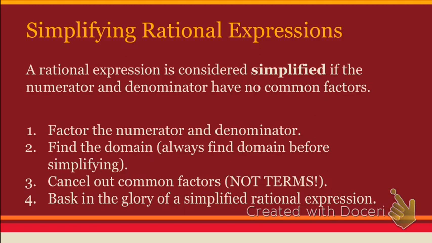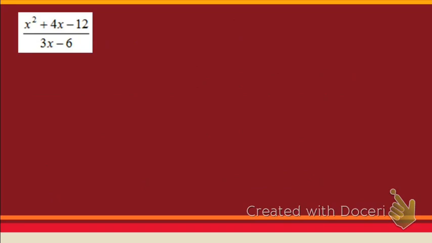Alright, so factor, find the domain, then cancel. It's kind of like reverse alphabetical order. F for factor, D for domain, C for cancel. And then bask in the glory of your simplified rational expression. So let's do it. Alright, so step 1,